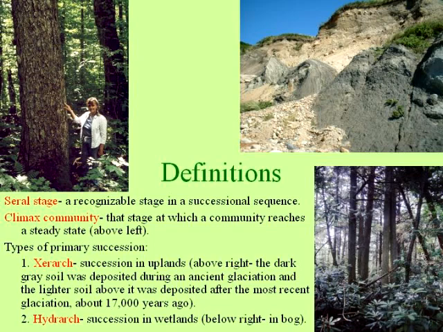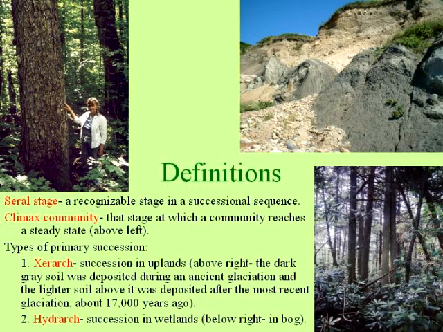When a community reaches a steady state, that is, a state at which it is self-sustaining, the kinds of species that are present pretty much stay the same over time. They replace themselves as they age and die. Then that we refer to as a climax community.